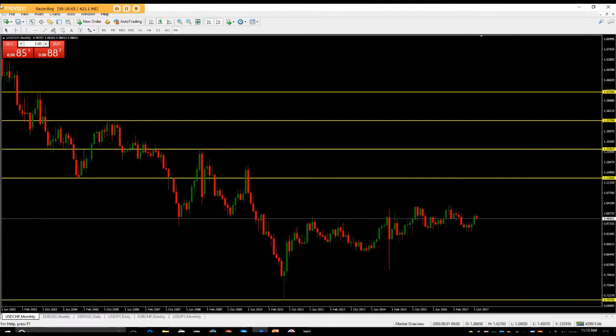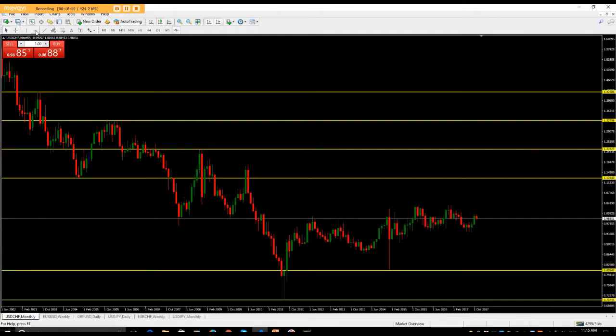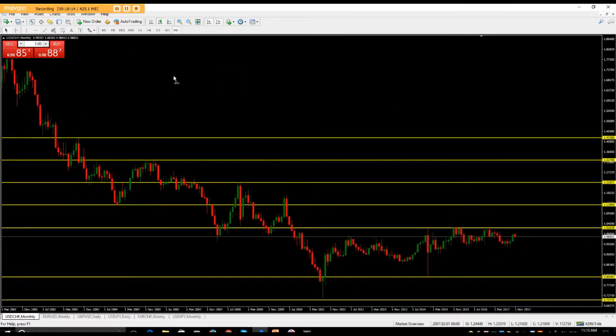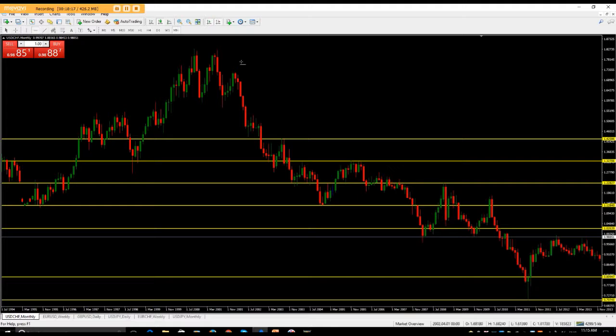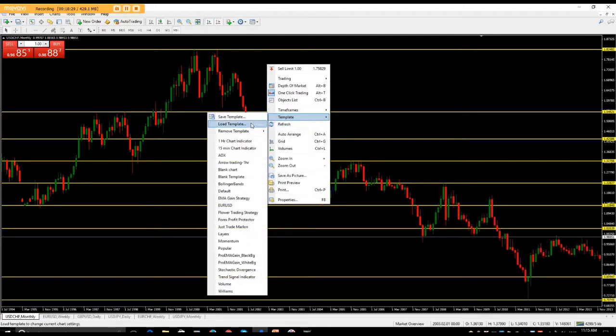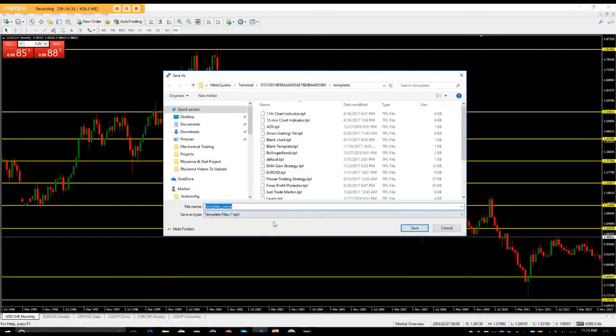Now once I've saved this template, guys, then I don't have to do this for the next 6 months. This is not the way I do it, but I'm just showing it for demonstration purposes. So this is what I've got right now. All I've got to do is right click on the chart, save template, and I save the template as fake. Let me just call it fake at the moment because I don't want to get confused. Fake